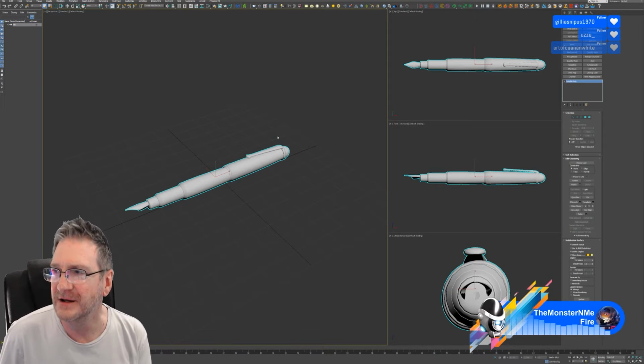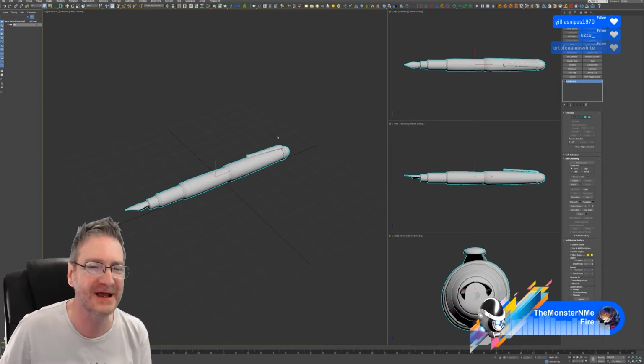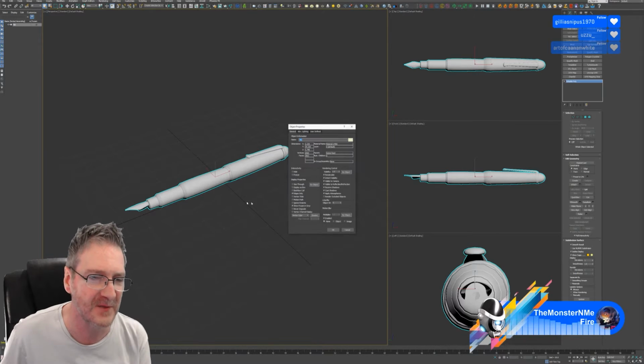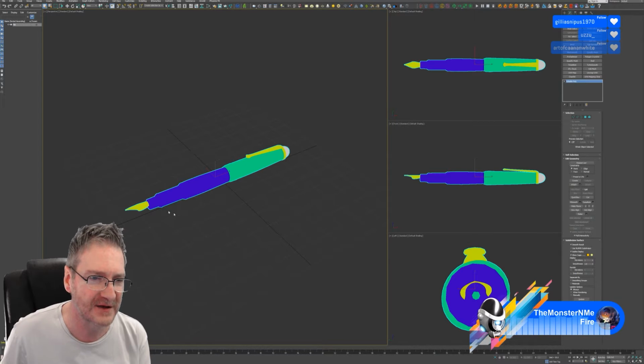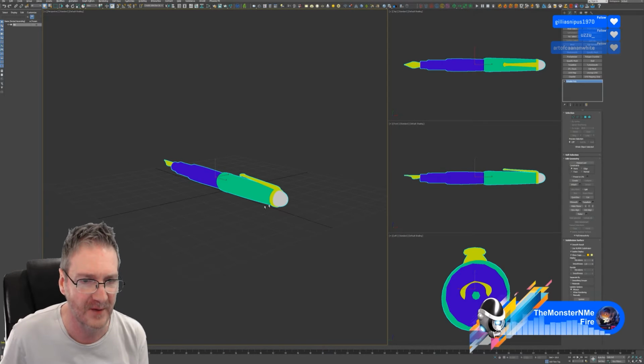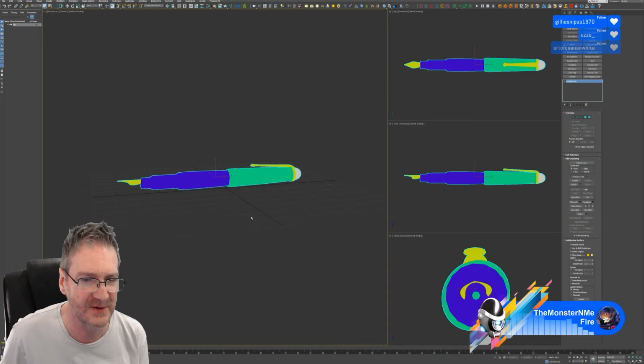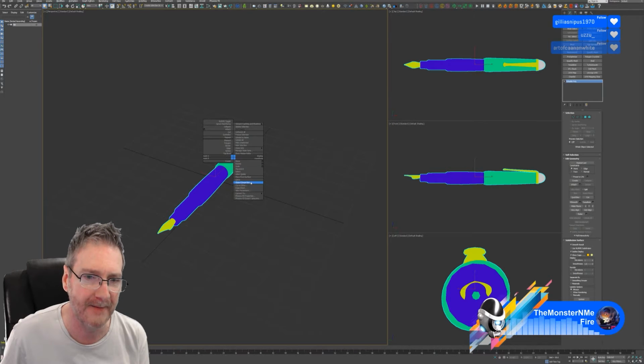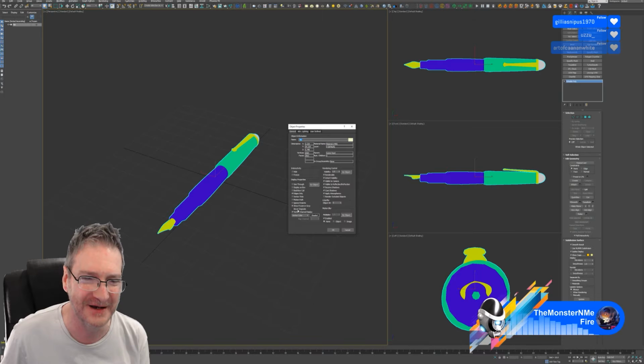Purple? It's not going to be purple. These are just the colours we're using for vertex colouring before we take it into Substance Painter. So if I turn on the Vertex Colour channel, that's just so we can assign different materials to different parts of the pen when we get into Substance Painter. So it's just so we can separate the materials. A green and a purple pen.